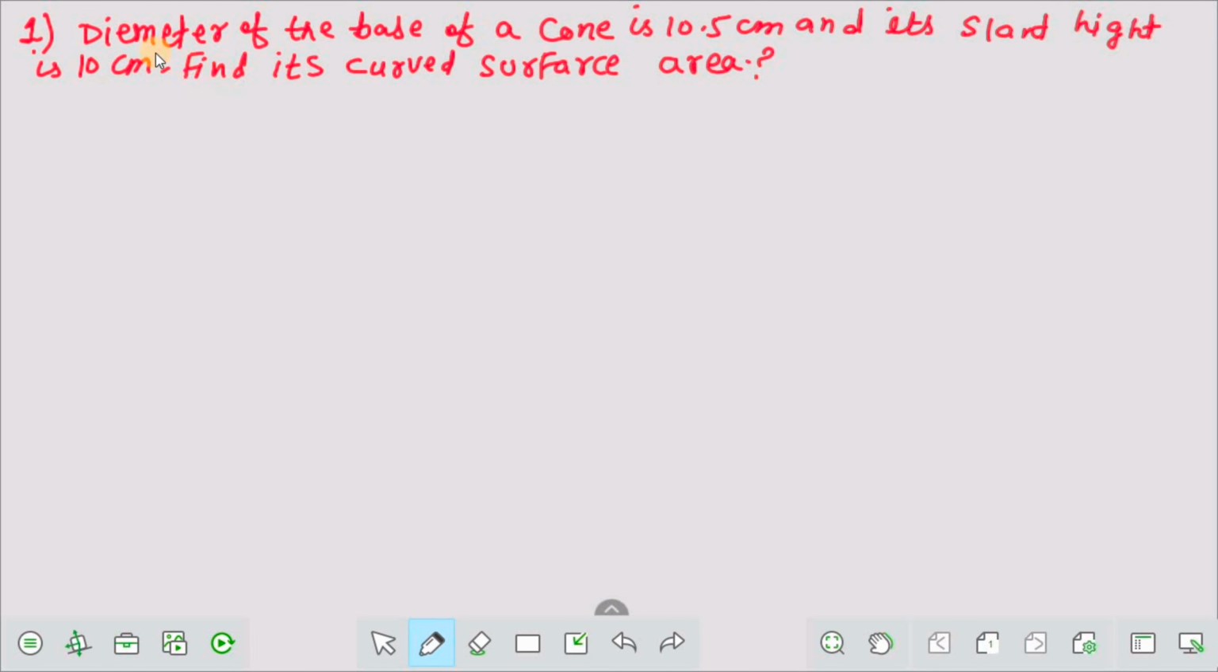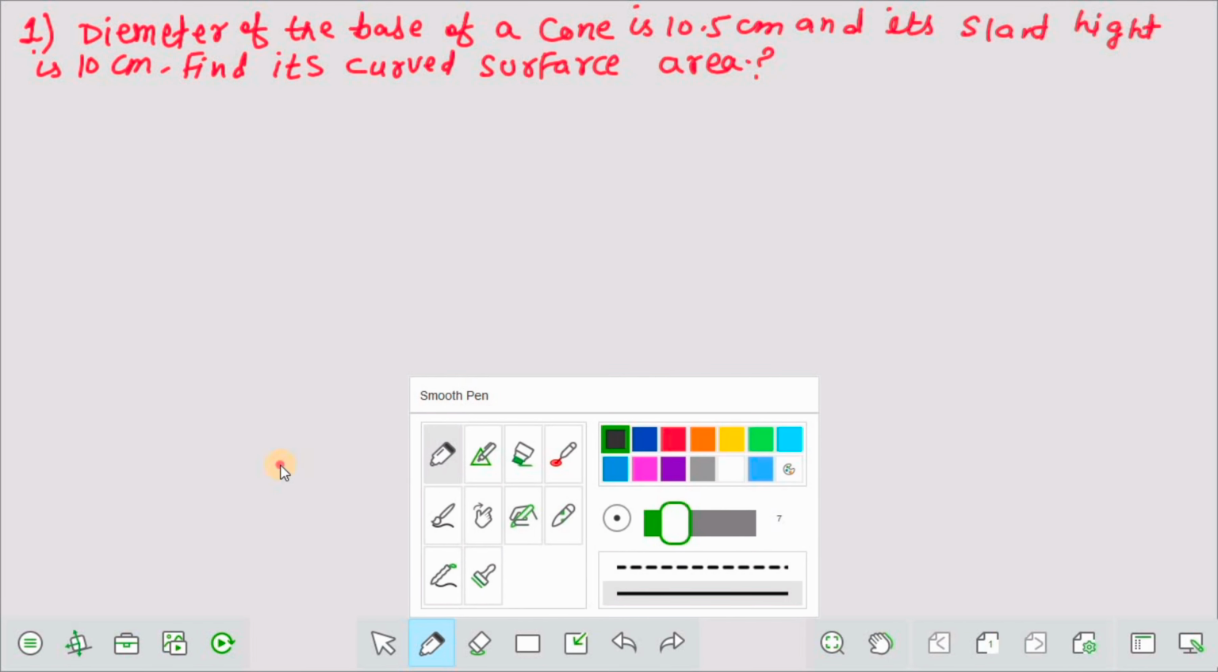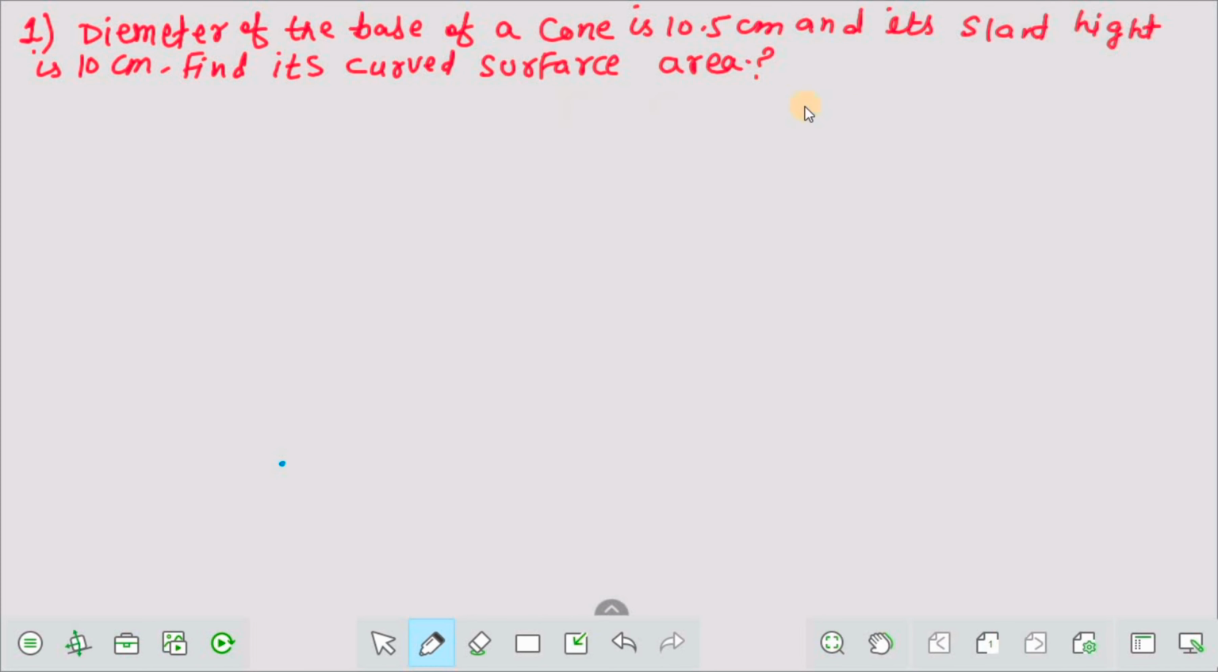Okay, so this is question number 1. The question is: the diameter of the base of a cone is 10.5 centimeter and its slant height is 10 centimeter. Find its curved surface area. Okay, so first of all let's draw a cone. Okay, so this is the cone, and